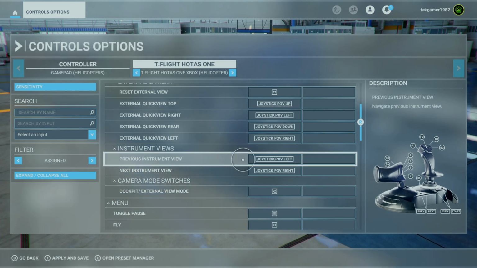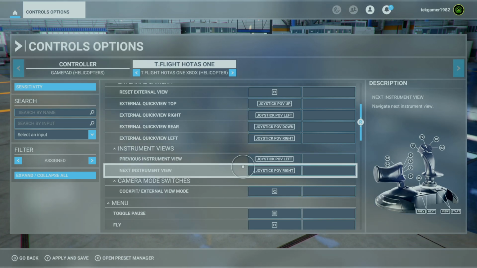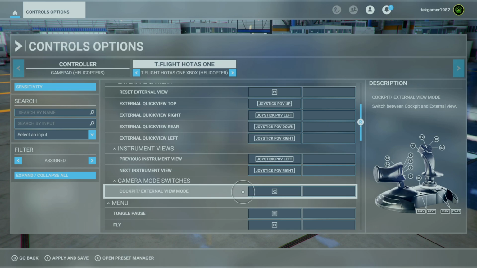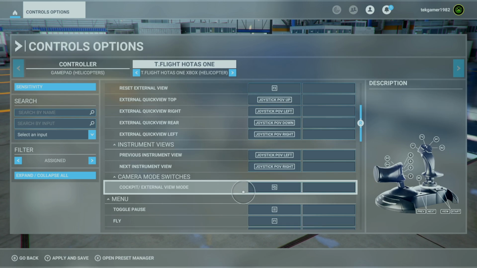Instrument views, joystick point of view left, joystick point of view right. The same thing there. Cockpit external view mode, this will switch you between the two views here, and you can assign whatever button you like. I leave it the default as the button right underneath the flight stick.